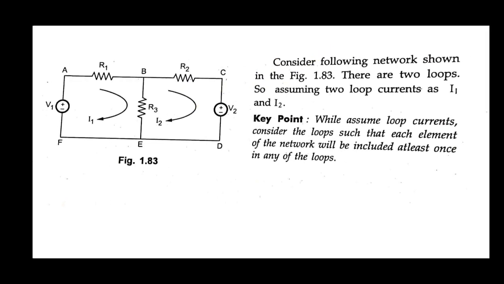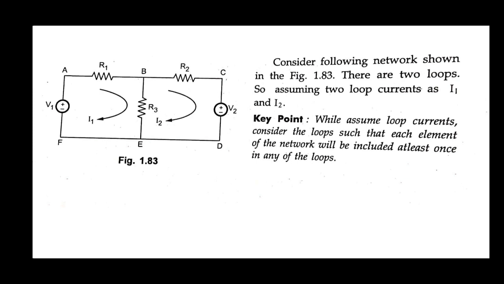Okay, let us come to the diagram. This is the main circuit diagram. In the element R1, only I1 is flowing, which means in the branch AB there is only one current, I1, flowing. But in the branch BE, that is the element R3,